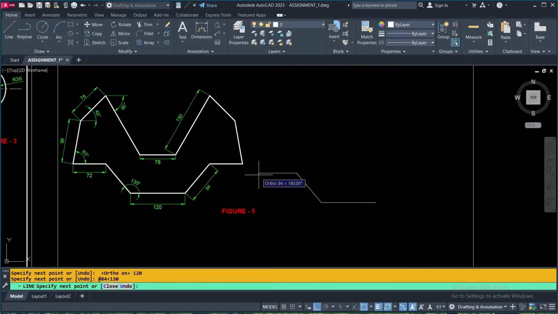So this line is drawn. I am keeping my cursor left hand side and typing value 72, then pressing enter. Then again I have to take an angle. You see ortho is on, but it doesn't matter. We are using the polar coordinate system, that is typing @ then the length of the line, 96, then pressing less than symbol